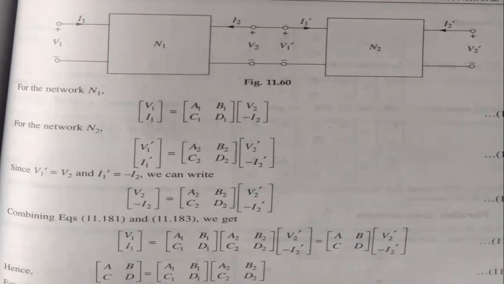1. Okay, so what you will get: V1, I1, and V1, I1 is A1, B1, C1, D1. Okay, and if you are going to add the second, this equation number 1 and equation number 2, what will happen here? The V1, I1 will be as it is at the one side. These two will be added: A1, B1, C1, D1, A2, B2, likewise. And what will be here? These changes are nothing but again the V2 dash and the I2 dash.